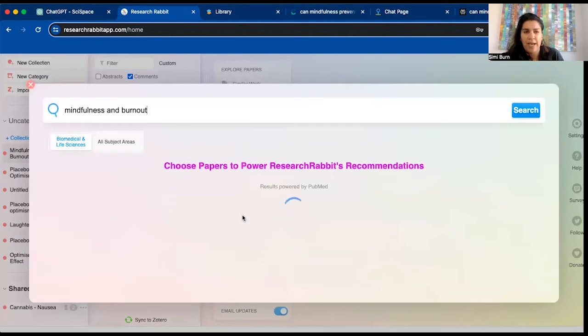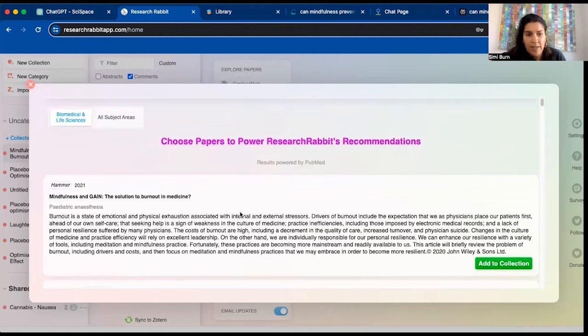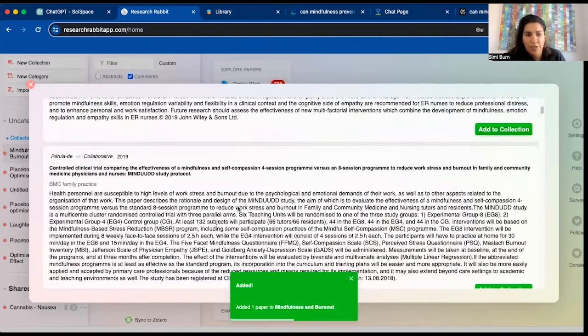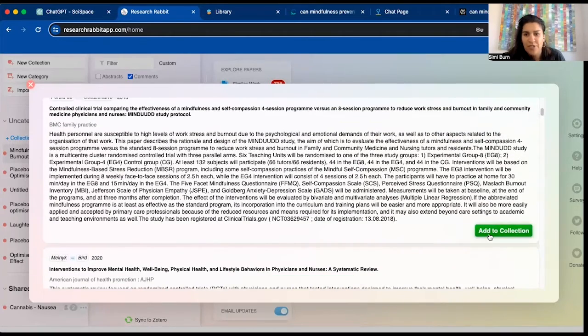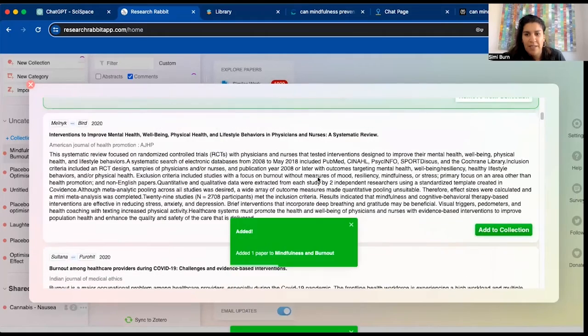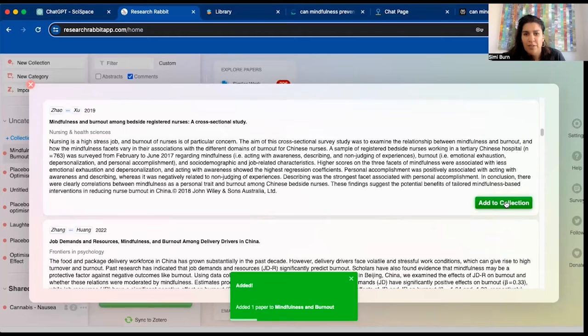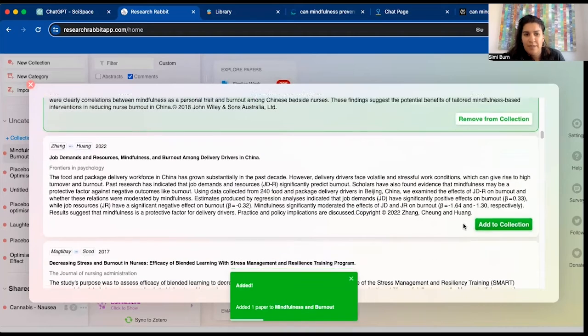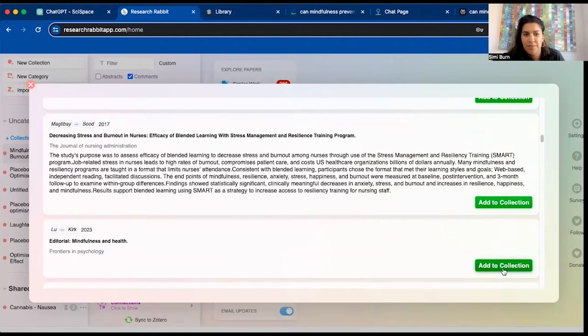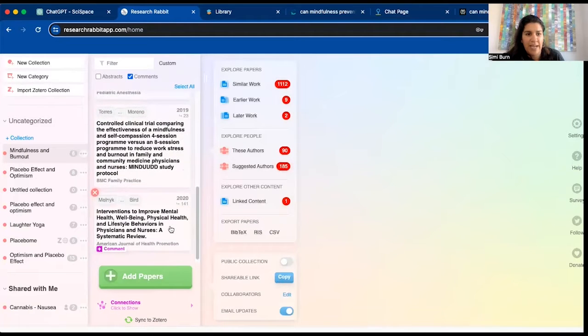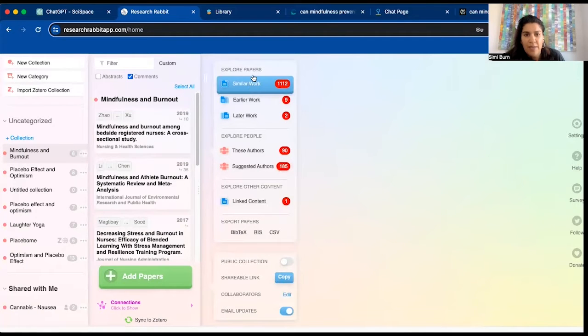So I'm going to choose, it had different options to search, like biomedical and life sciences or all subject areas. I just wanted to do biomedical and life sciences. So then you might see papers here and you can just add them to your collection if you think it's interesting. I'm not going to worry about what's in there. I'm just looking at keywords. Okay. So once you've got several papers added, I've added 6 papers,